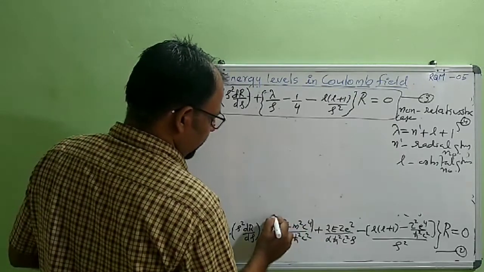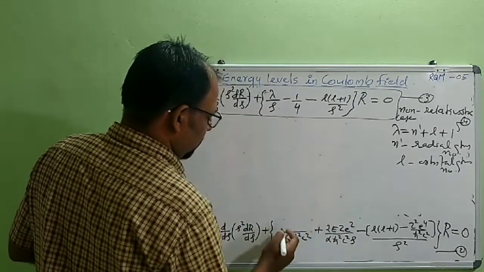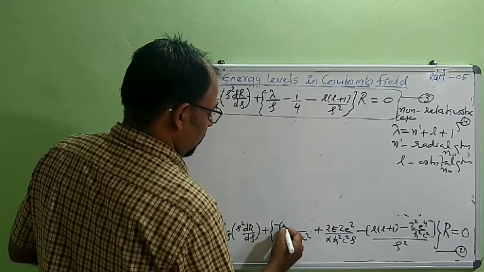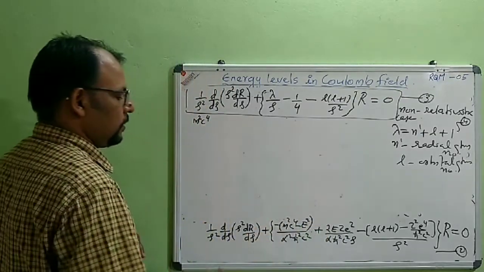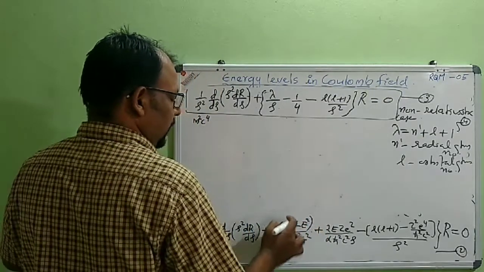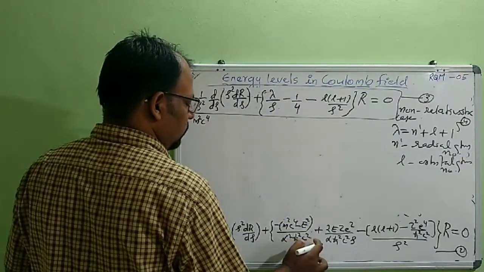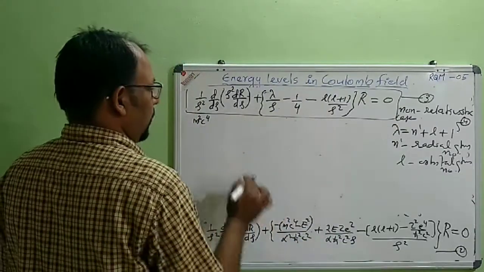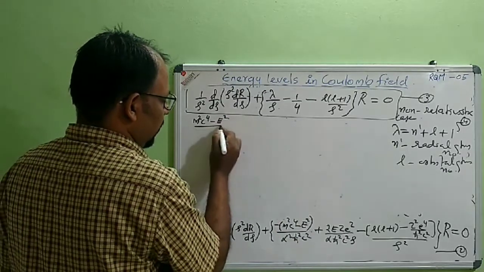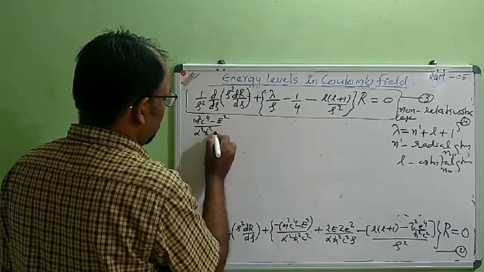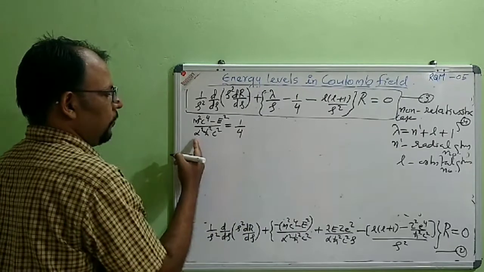this term. If I take minus common from this term, it will be m square c raised to 4 minus e square. So this term is minus 1 by 4. That means m square c raised to 4 minus e square by alpha square h bar square c square should be identical with 1 by 4. So we can make that substitution. M square c raised to 4 minus e square by alpha square h bar square c square equal to 1 by 4. From that we can calculate the value of alpha.